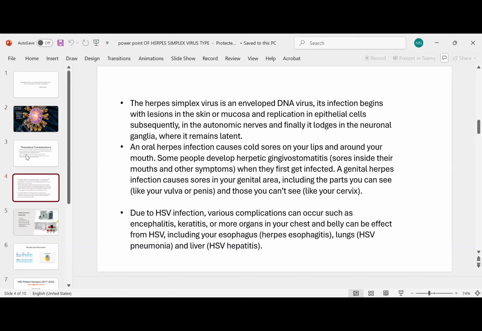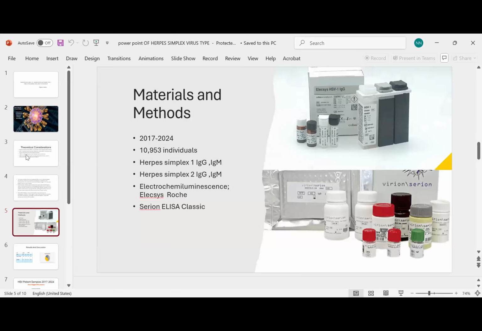Antibodies to herpes simplex virus 2 are often present by the time of puberty, and their presence often correlates with the degree of sexual activity of that individual. More women than men have been reported to be infected, and as expected, the prevalence increases with an increasing number of sexual partners. From 2017 to 2024, there have been